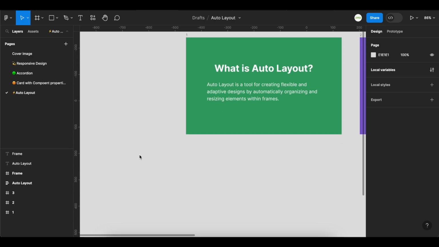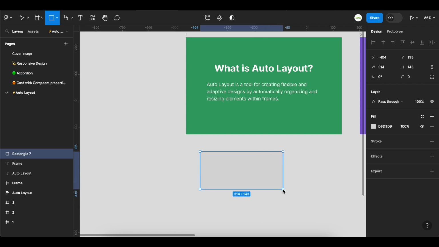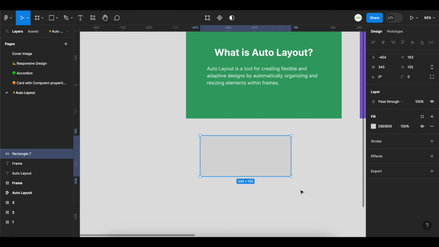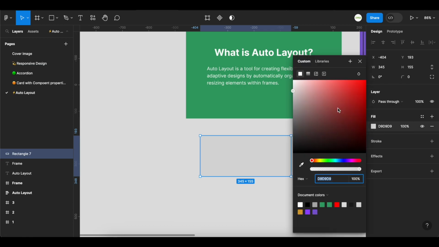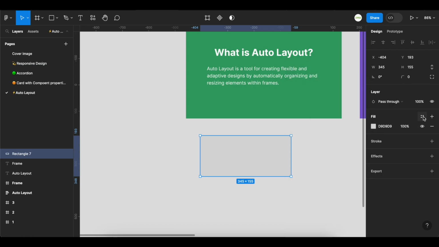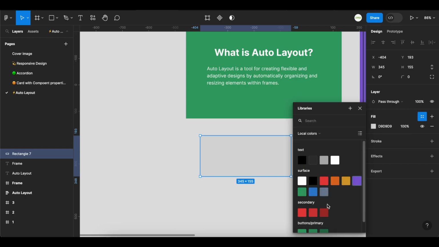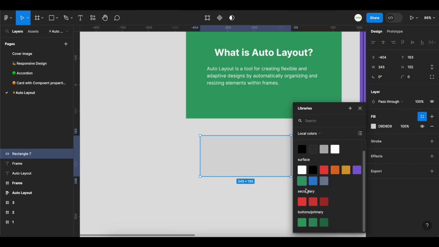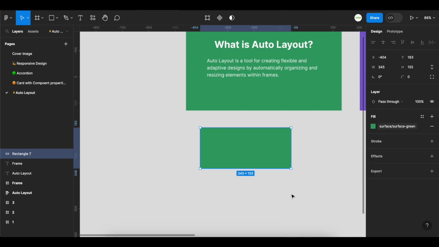For that, I'm going to create a shape. I just press R for creating a shape, and drag a shape here. You can see a beautiful shape. And you can add some fill. You can add it this way, or I'm going to go to my variable collection. These are my variable collection, you can see here, and I'm going to apply my favorite color, that is green,